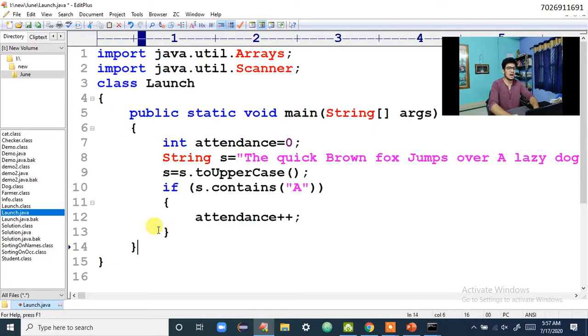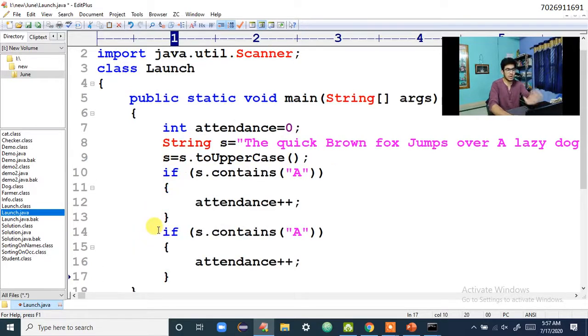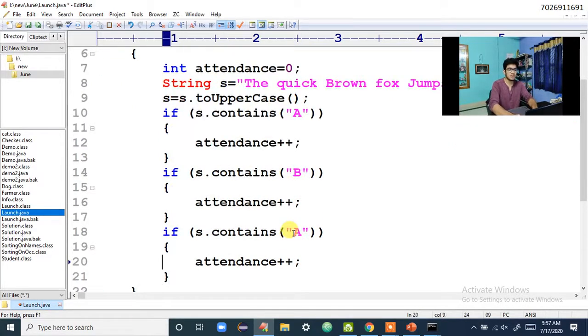Okay. After this attendance plus plus, I have to ask one more question. Okay, A is there or A is not there, no problem. Then I have to ask whether B is there or not. B is there. Then I have to ask whether C is there or not. Like this I have to ask. Then I have to ask D is there or not. So like that, don't you think I have to check 26 alphabets? Don't you think it is a loss of time there? So